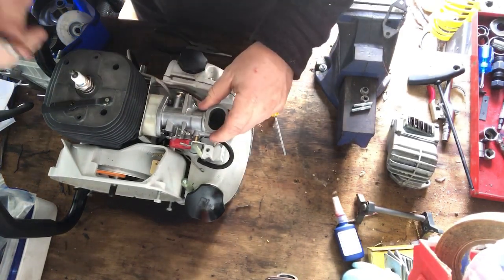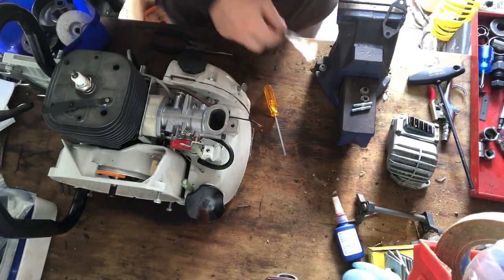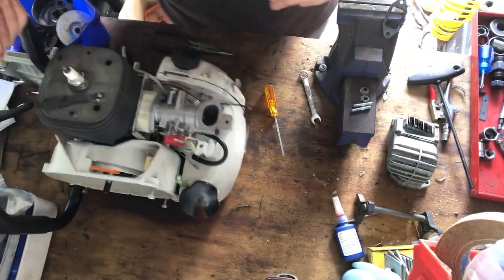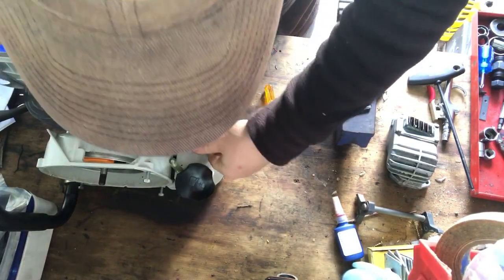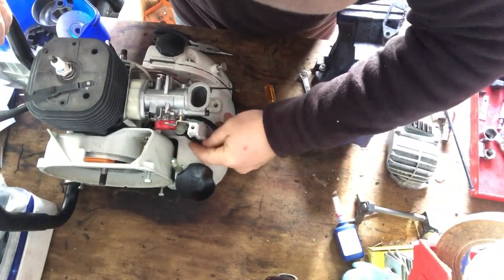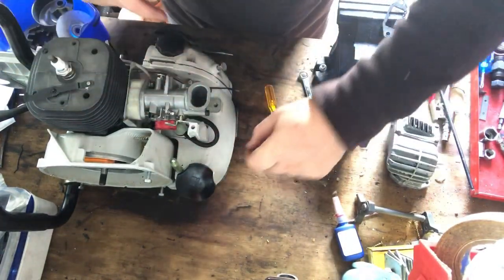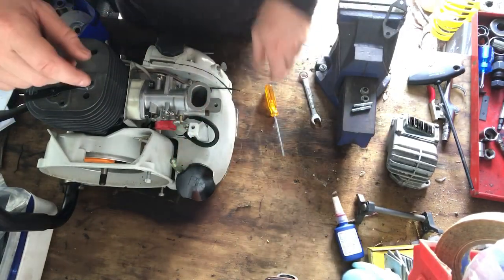Alright, I'm really happy with the tightness of that on there. I'm just going to have a quick look around it, just to make sure everything is sitting pretty good underneath. So, the last few things I do for this is to connect the fuel line up again, just in underneath there. And that just loops around that handle and goes back in there. Let's make sure that's pushed down. And then just off that choke lever,